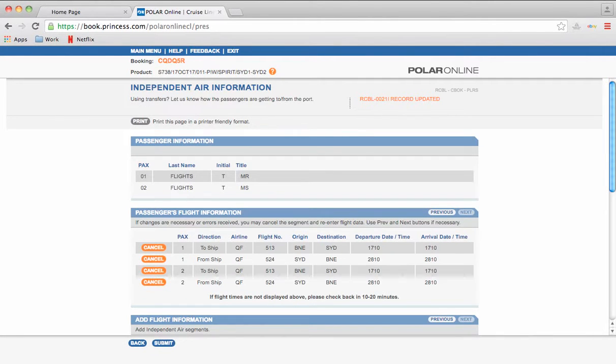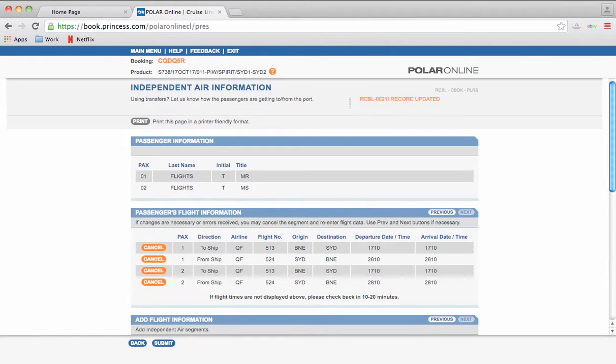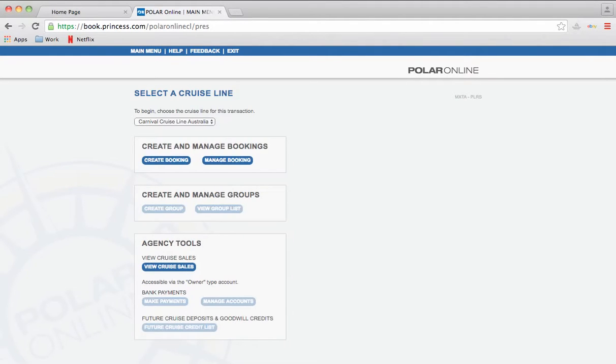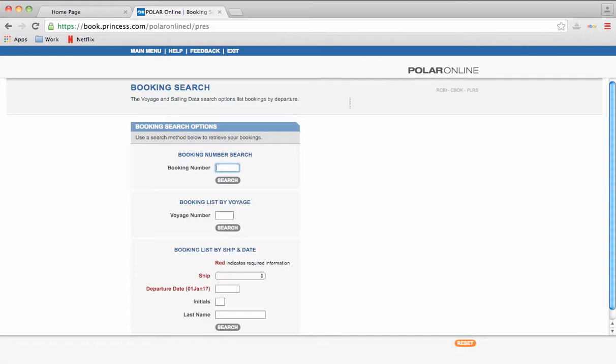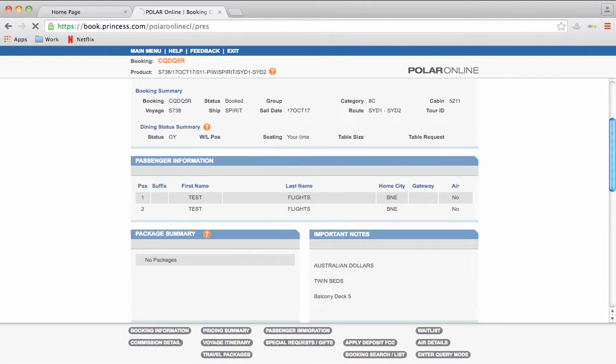So once this is generated through, you'll see here that the passenger's flight information has generated through, and you can see that it's got all the dates next to that as well. I'm just going to click back to the main menu for a second and bring back the booking number up again, because what should happen is the time should now generate through on those flights as well. So heading back to the main menu and popping in that booking number once again, I can see if I click back through the air details,